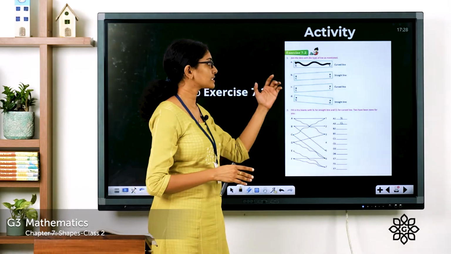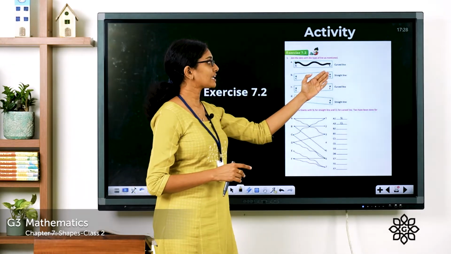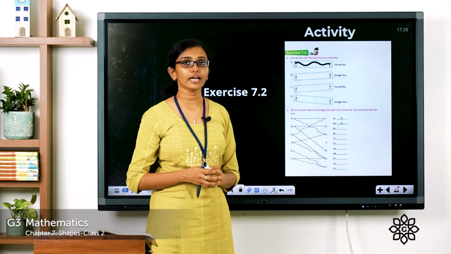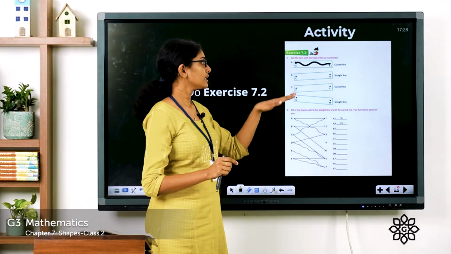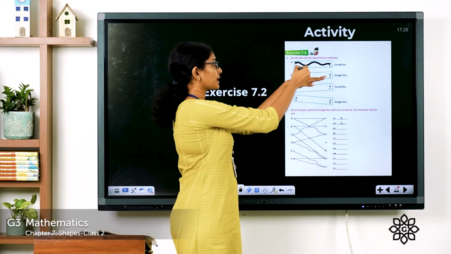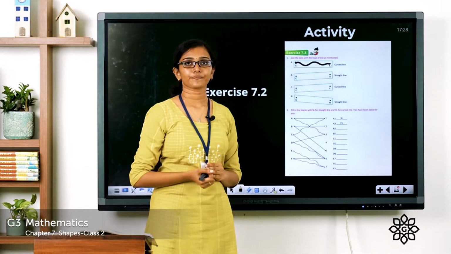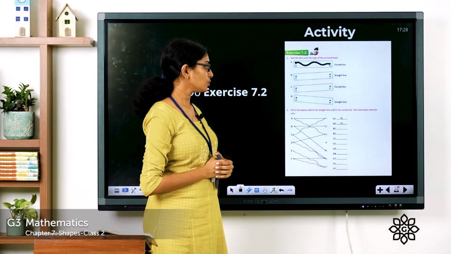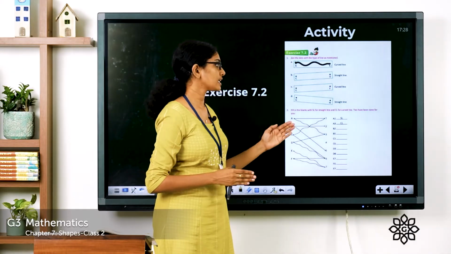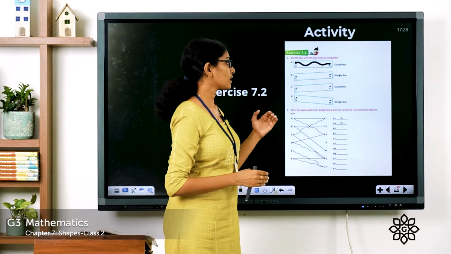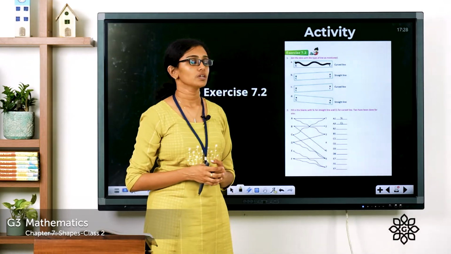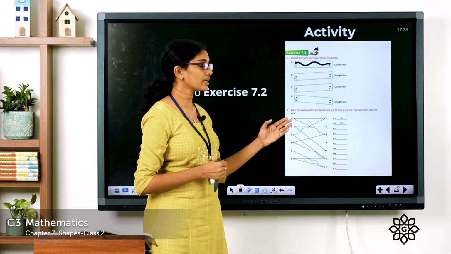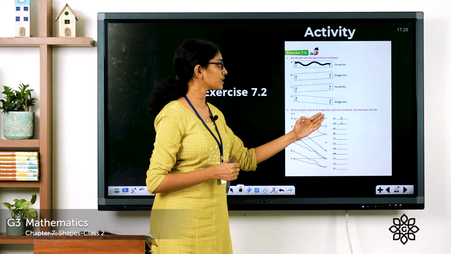In the second question, you can see the dots or points C and D, and there you have to draw a straight line between C and D. How do you draw a straight line? You have to use your ruler and keep the ruler intact, and with your pencil connect the points C and D. Similarly, you can finish the rest of the questions, and in question number 2, you are asked to fill in the blanks with SL for straight line and CL for curved line. Some have been done for you. So, 2 examples are already given there. In the first question, you can see the point or dot A is connected by a straight line to the number 1.